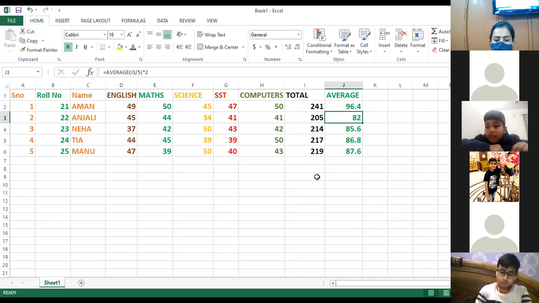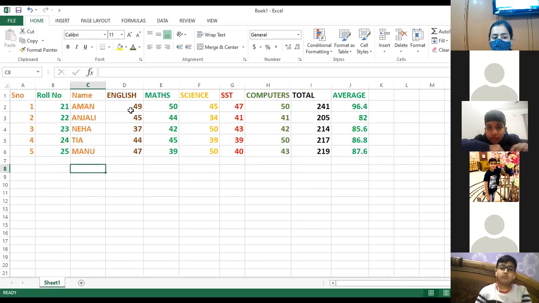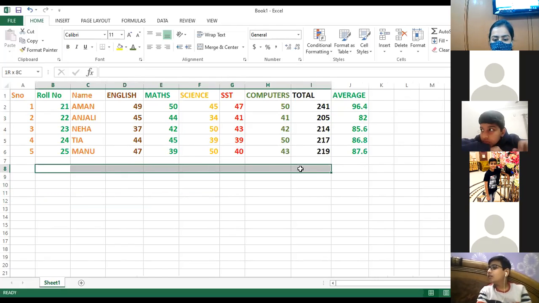All right. So one more thing we are going to learn: how you can merge your cells. Like this is the report card, and this is the total marks obtained by the students that I have calculated. So here you can type on the top of the worksheet also. Select the cells, like I selected this cell. Clear.